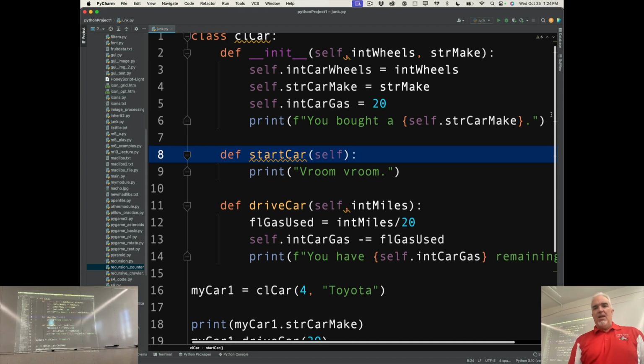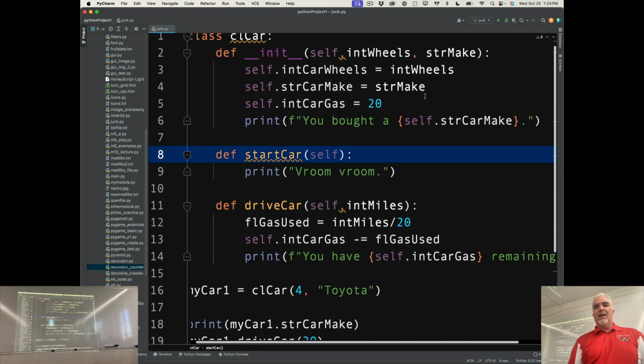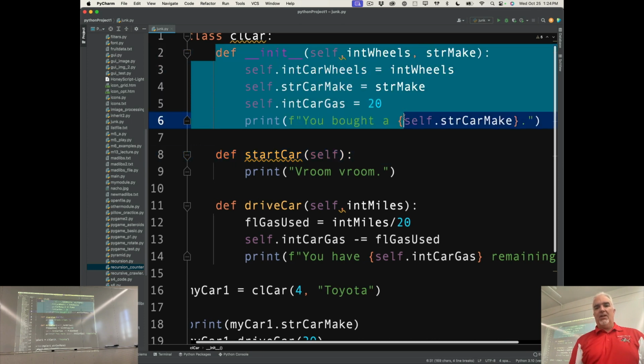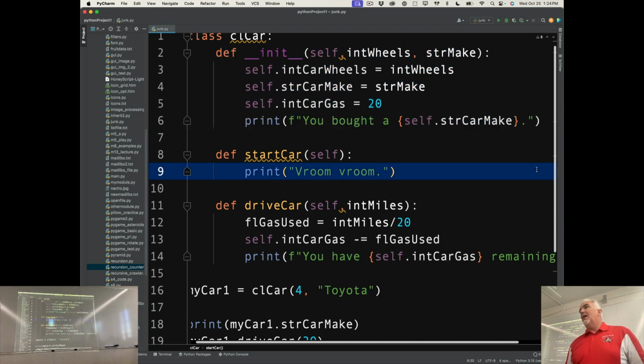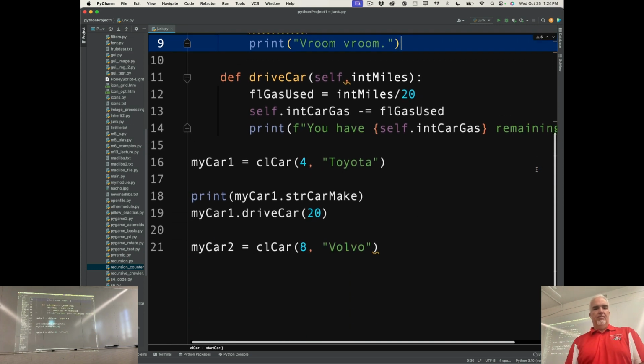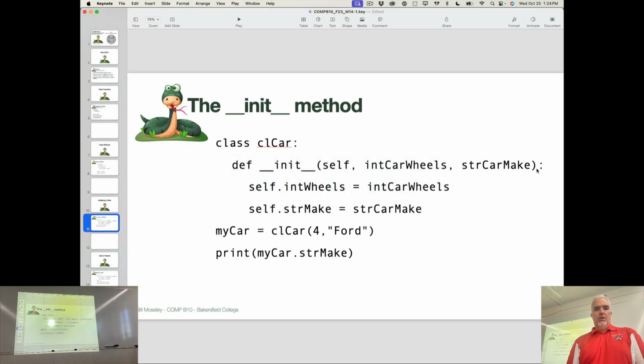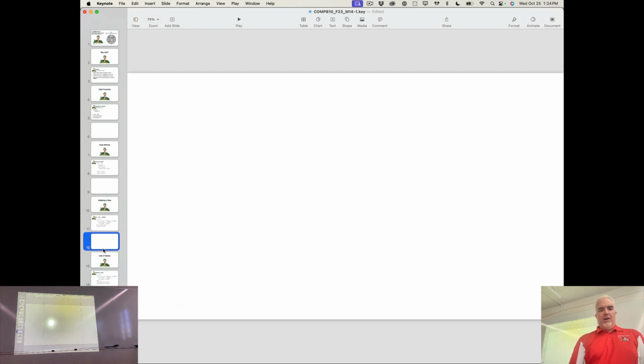And so we start to get a really powerful look at things when we start using the initialization class, because that allows me to create things on that blueprint that have a lot of differences about them. And that's pretty cool. So one more thing that I want to talk about